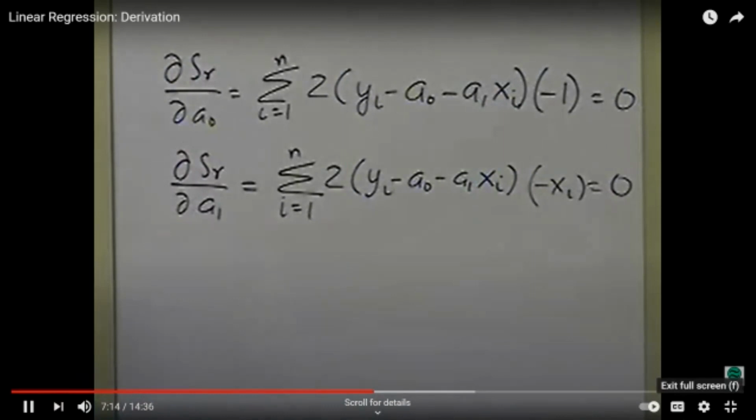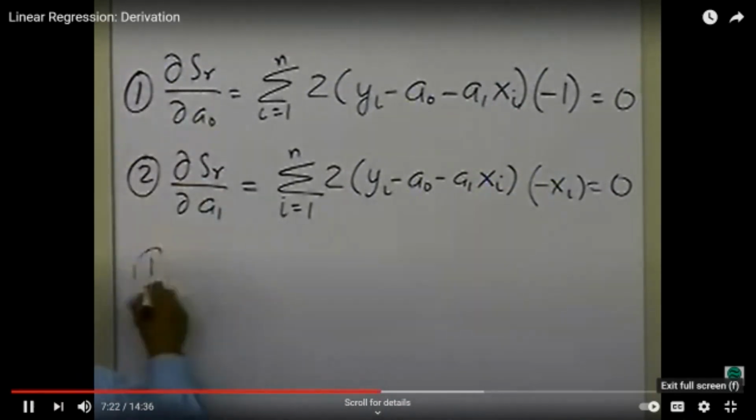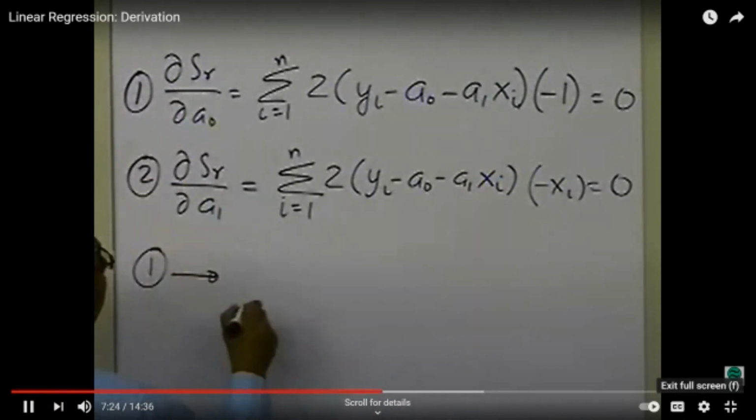So we have set up two equations, two unknowns, so we need to figure out how we're going to solve these. Let's suppose I call this 1 and this 2. So 1, what does it give me? It gives me,